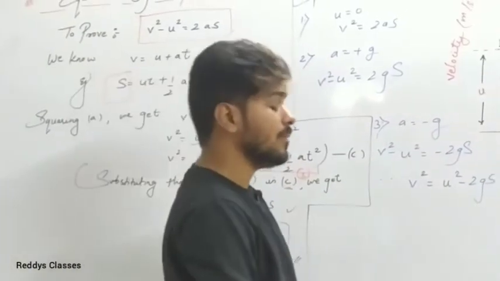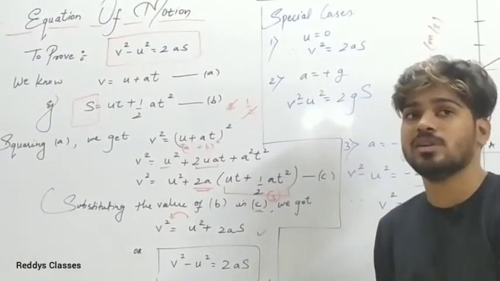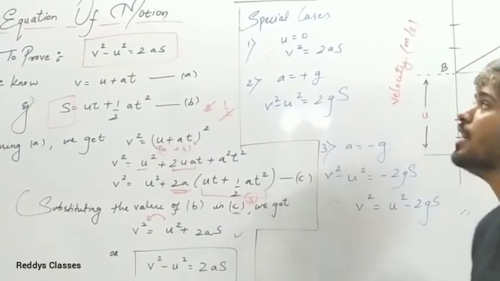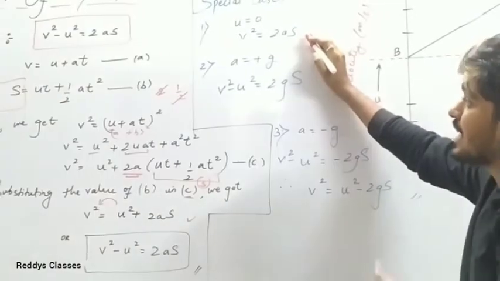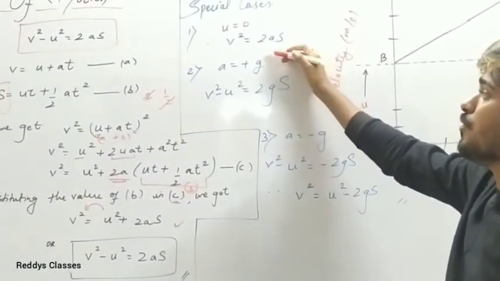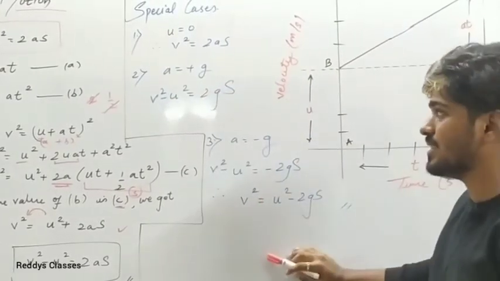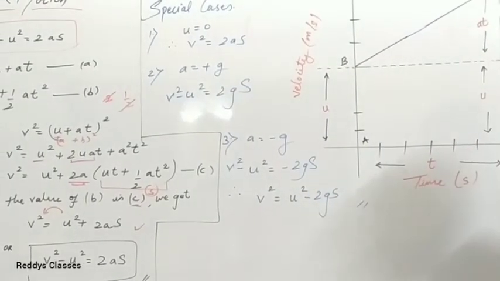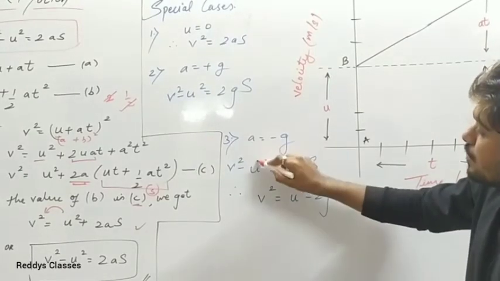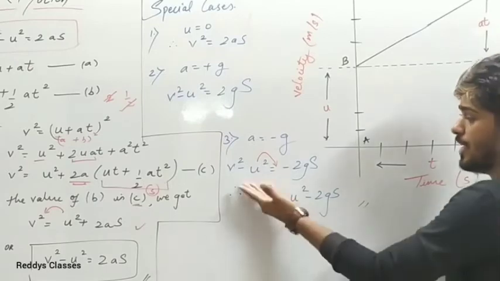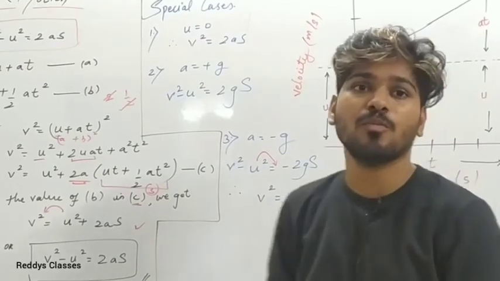Once again, if the initial velocity is 0, secondly if a body is falling freely on the ground, and third if the body is moving vertically upward. With U equal to 0, we get V square is equal to 2AS. Secondly, for gravitation, just change the acceleration to gravitational acceleration: V square minus U square is equal to 2GS. And third, A is equal to minus G, I get V square minus U square is equal to minus 2GS. Just make this minus U square go to this side, as it is negative it will become positive, minus 2GS. Hence, we complete the equations of motion here.